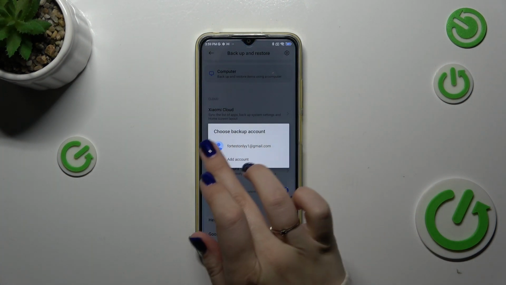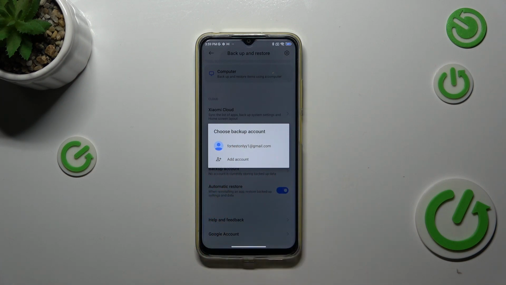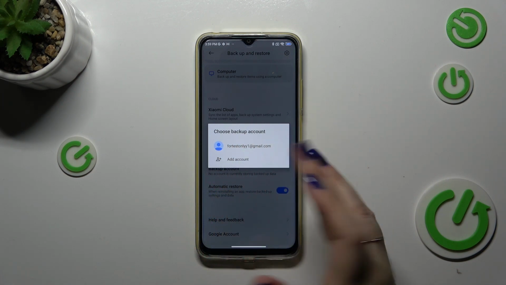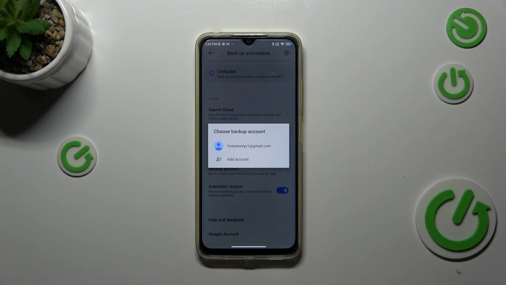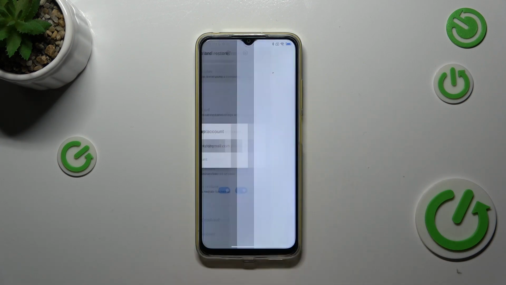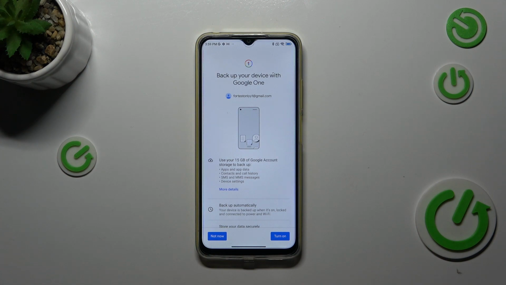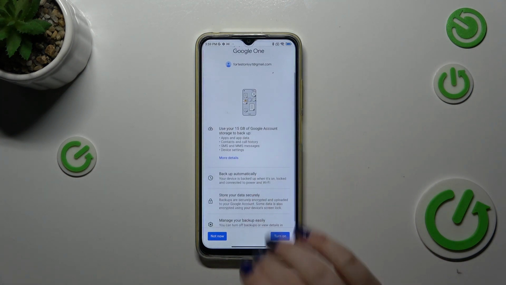And as you can see, here I've got my previously added Google account, so I can freely choose it from the list, or you can tap on Add Account and add totally another one, or actually you will be automatically transferred to this section to add the account. So in my case, I have to only tap on the account, and here we've got the information about the